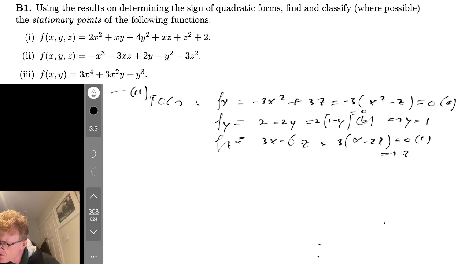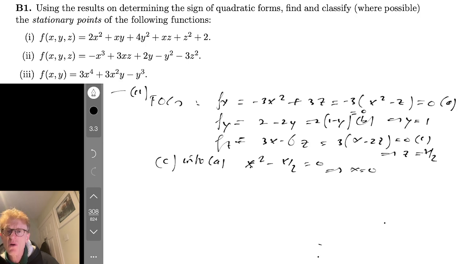So z is x over 2. C into A gives us x squared minus, what, z is x over 2, is 0, so x is 0